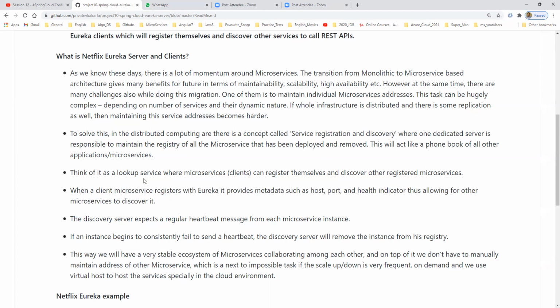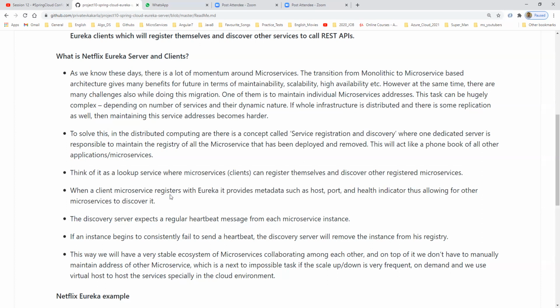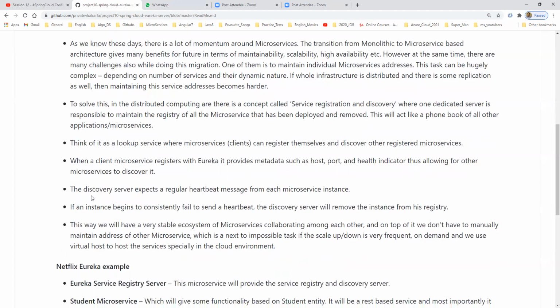We can maintain one place, one server called the Eureka server, which provides this type of feature. The discovery server expects regular heartbeat messaging from each microservice instance.